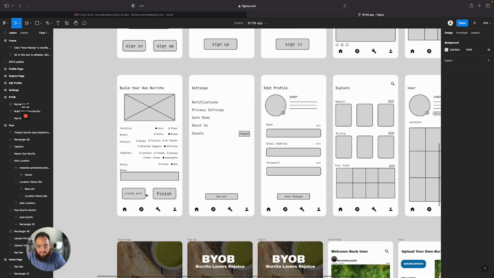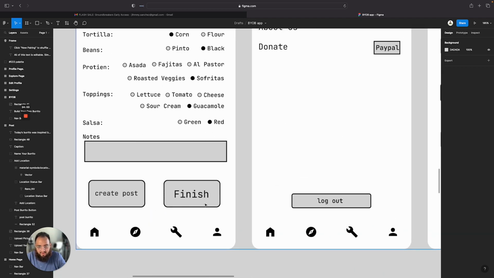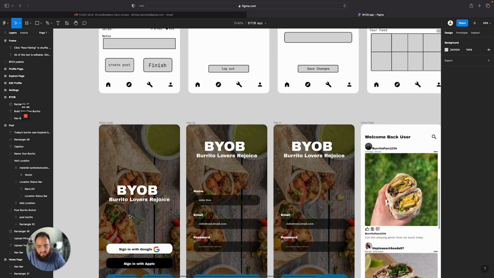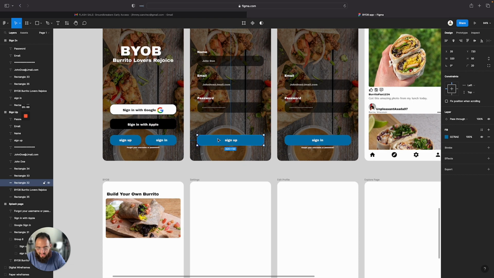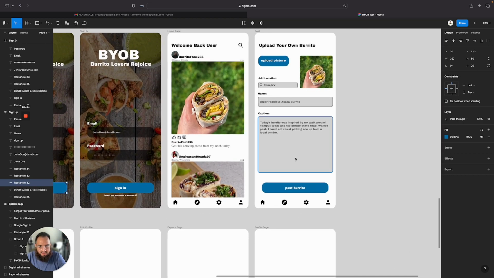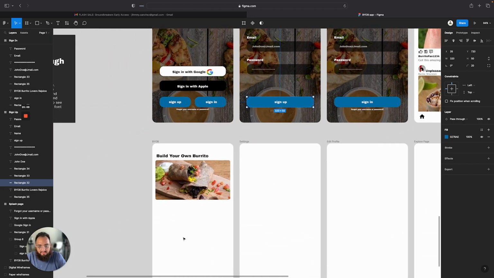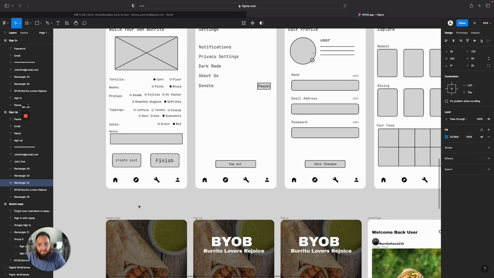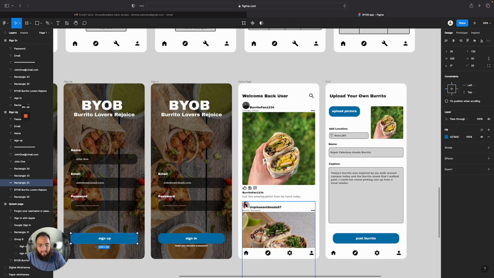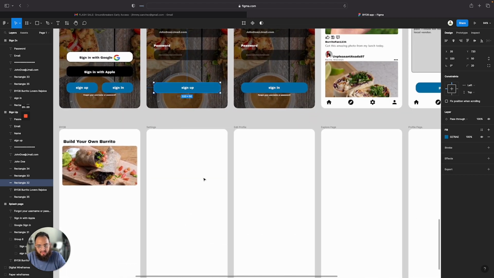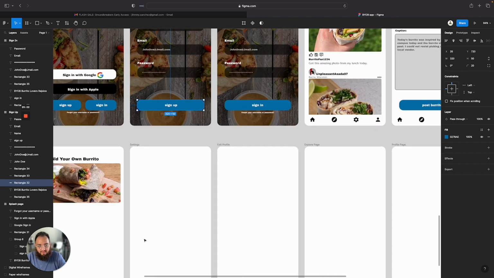See. Interesting. I don't remember why I had two buttons for create post and finish. So I don't want to think too much about it, so I'm probably just going to omit that and include one button. This one's going to say post burrito. Oh, actually, you know what? Okay. Okay, perfect. So what we're going to do is make sure that these pages, so it'll be this page before you go on to the next one. So I'm going